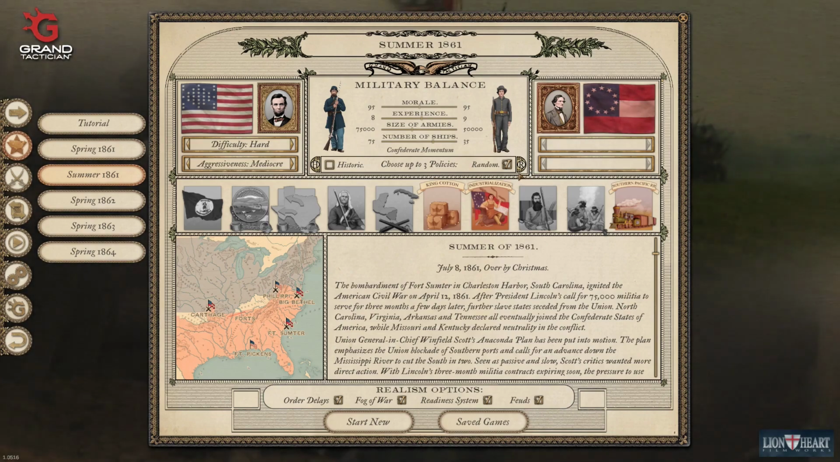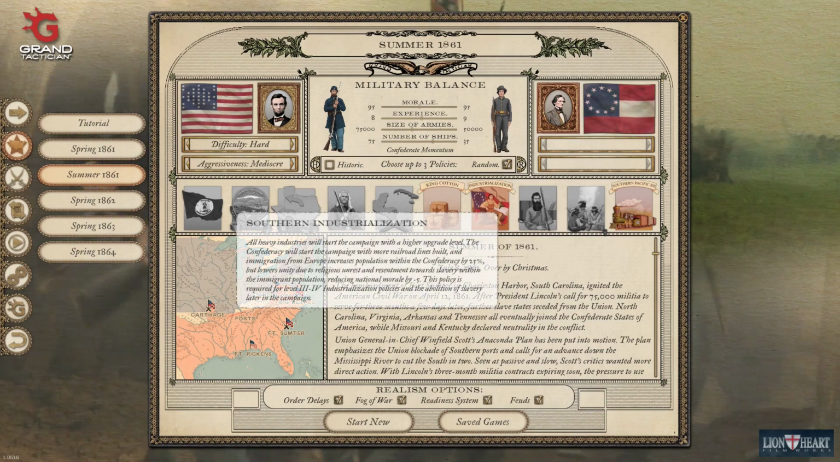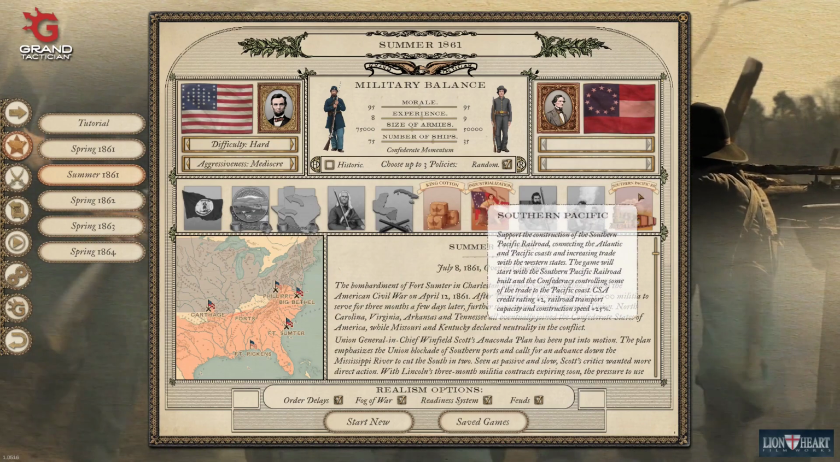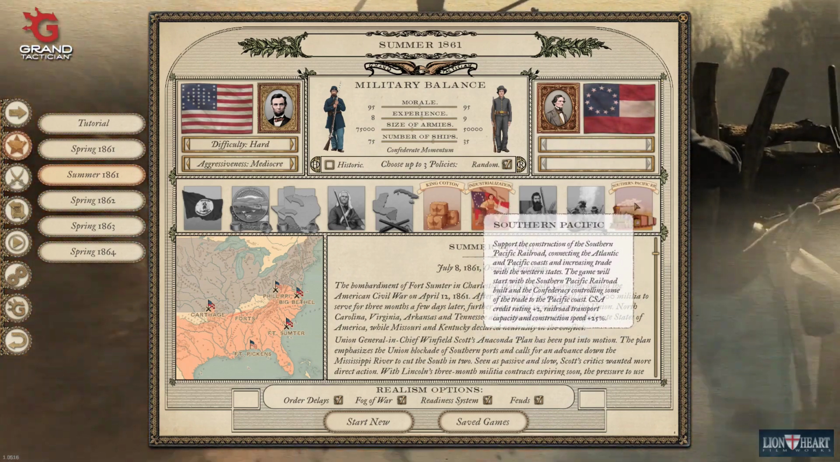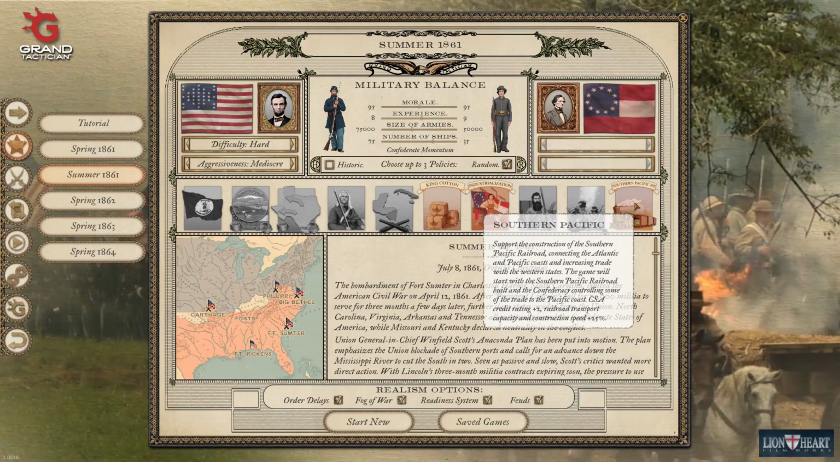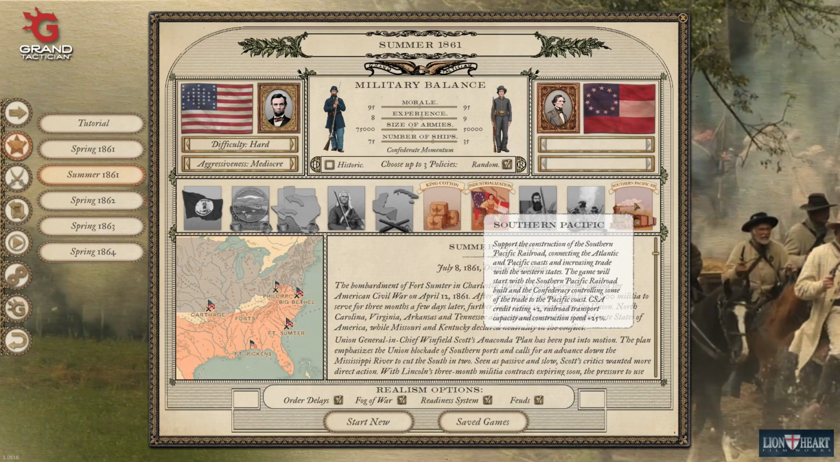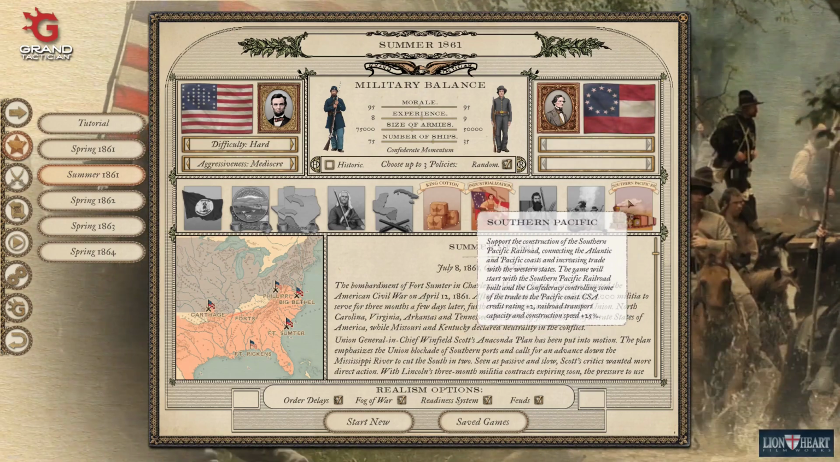And it kind of gave me most of what I wanted. I'm going to keep the King Cotton, and I'm going to go for Southern industrialization. I'm pretty tempted by the Southern Pacific Railroad as well, with the credit rating boost, the rail transport capacity, and construction speed up. I like the sound of this,